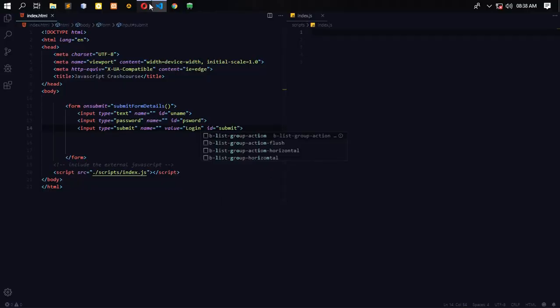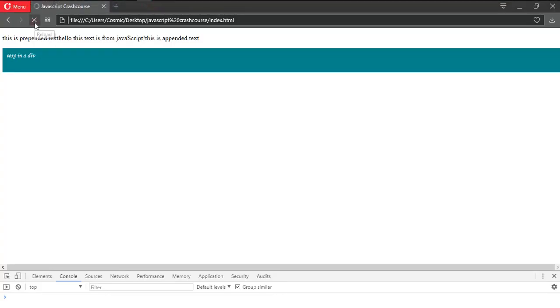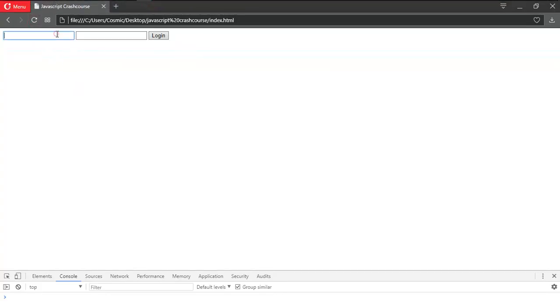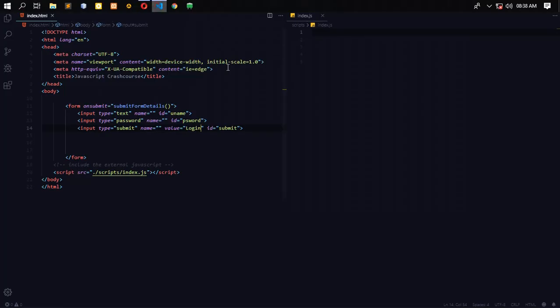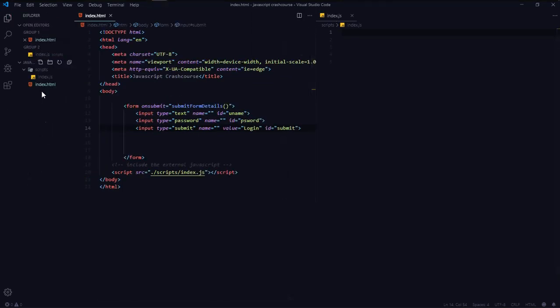Save your work. Let's go to the browser and see. So that's a simple form that we have. Now we're going to style this up, so I'm going to create a new CSS file. Remember how we do it. I'm not going to create it here, I'm going to create it outside the folder. So I'm going to create one called